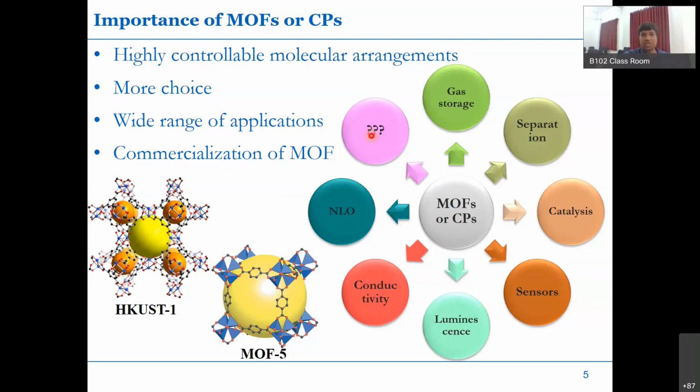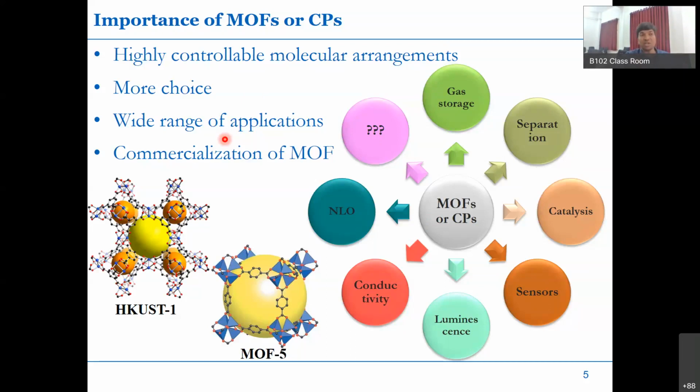This is typically due to the highly controllable molecular arrangements, as I briefed in the last slide, and these have already been commercialized by BASF and Sigma-Aldrich. So if you want them, you can easily get them. And as I say, these are very interesting because of the huge amount of porosity, right? To brief you about their importance, the highest surface area in the material world is from